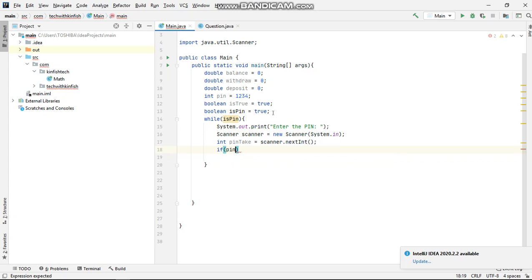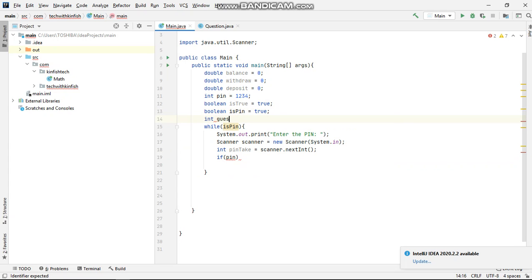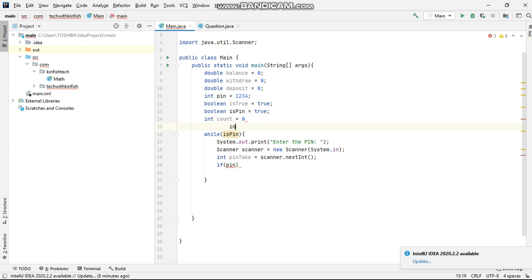So here we need int count, which is going to be equal to 0, and also the count limit is going to be equal to